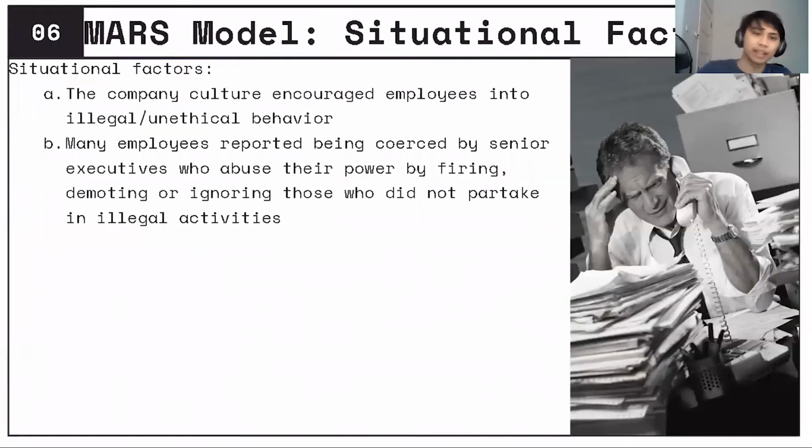Lastly, on situational factors. There are 2 factors that coerced or motivated people into doing this. A, the company culture within the company coerced people into committing these crimes through things such as peer pressure. And secondly, there is a lot of executive coercion that was reported by the employees,